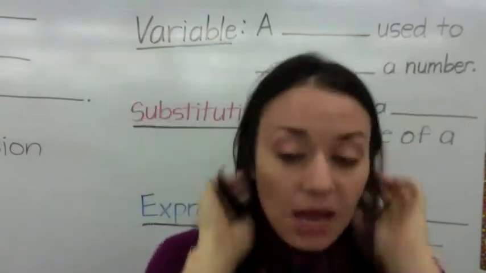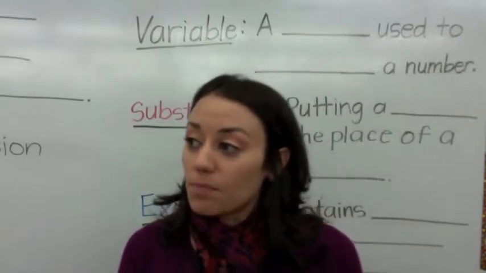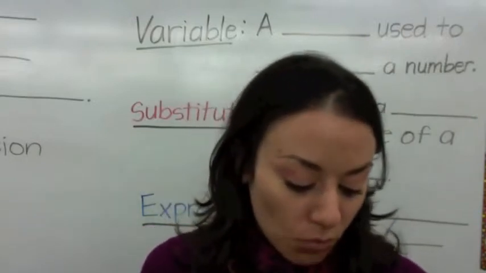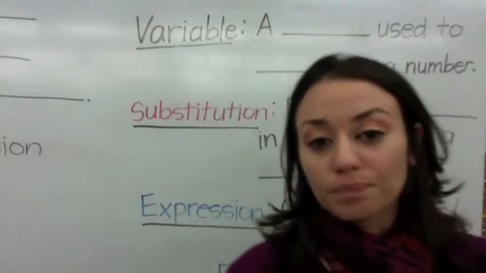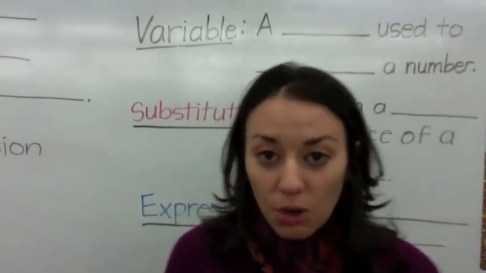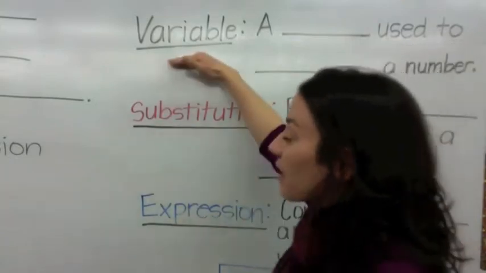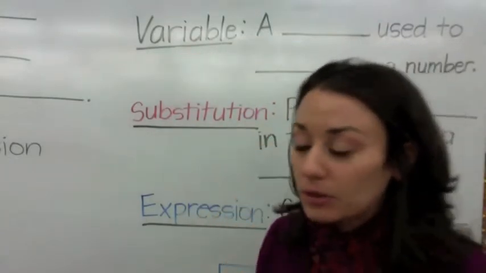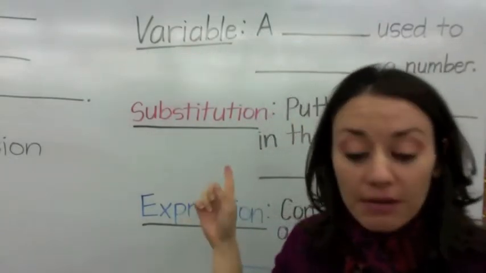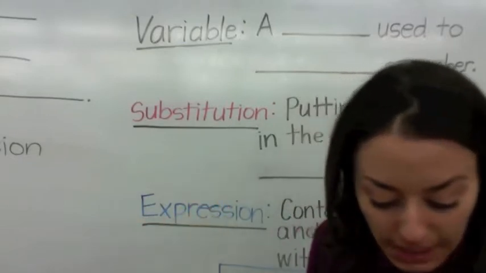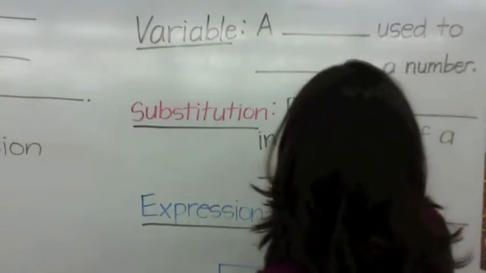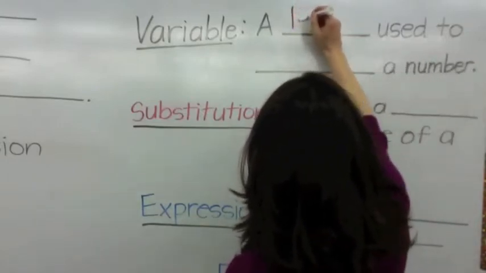Okay, and so today what we're going to be learning is the beginning of algebra, where we're going to have to go over a few vocabulary words. So, the first word we're going to go over, repeat after me, is variable. Say it, variable. Now, a variable is the letter, okay? So we're going to write letter. A letter